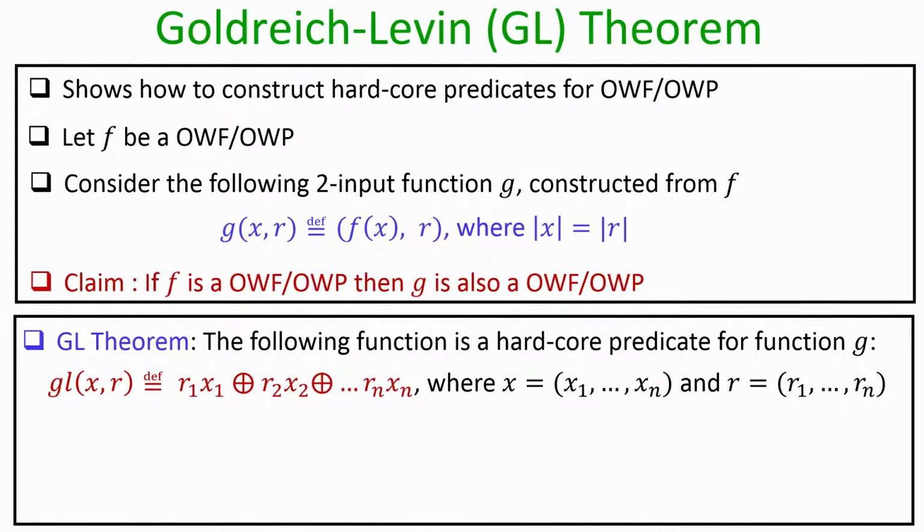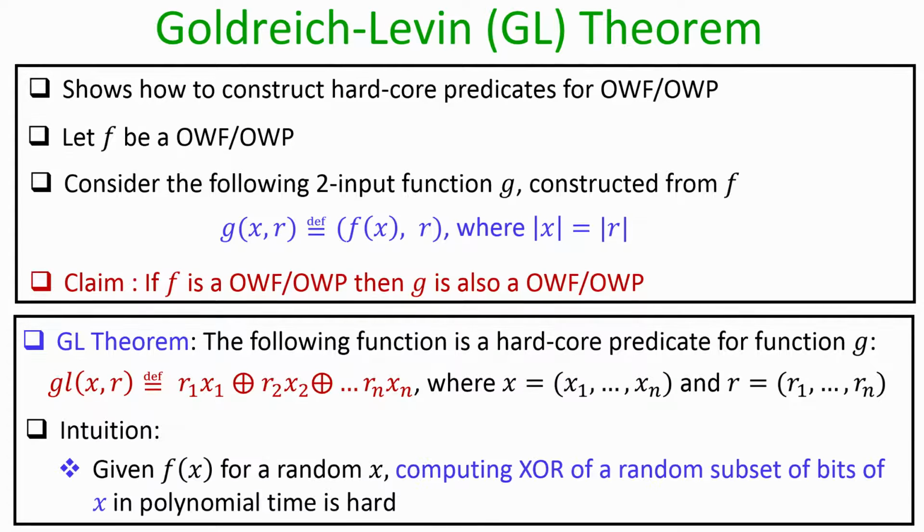That means, if someone gives you the value of the function g of x comma r for a random x and r, then except with probability half plus negligible, no polynomial time algorithm can compute the value of gl of x comma r. And the intuition behind the proof of the Goldreich-Levin theorem is that even though you are